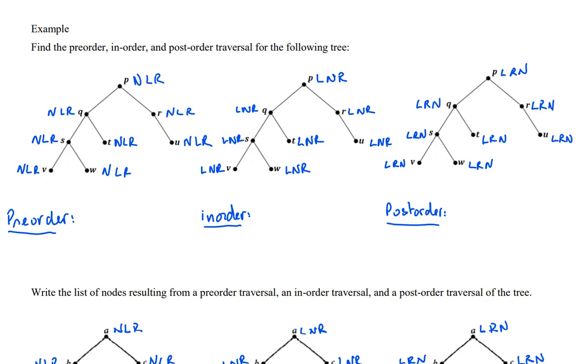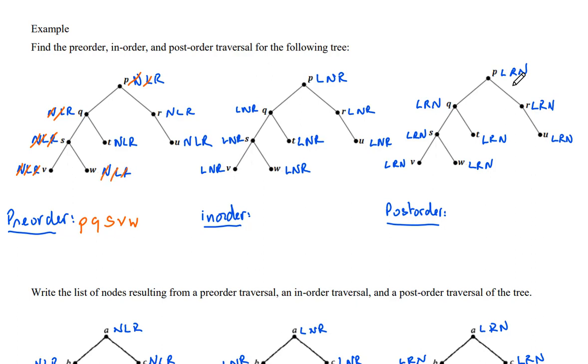You cross, as I said, and then let me do that. So here is what I did first. Pre-order, that means node first, the root first, and then you go left and right. So we copy the node P, and then try to go left. Copy Q, go left. Copy S, go left. Then we copy V, and then we go back to S and go right. Then we copy W,